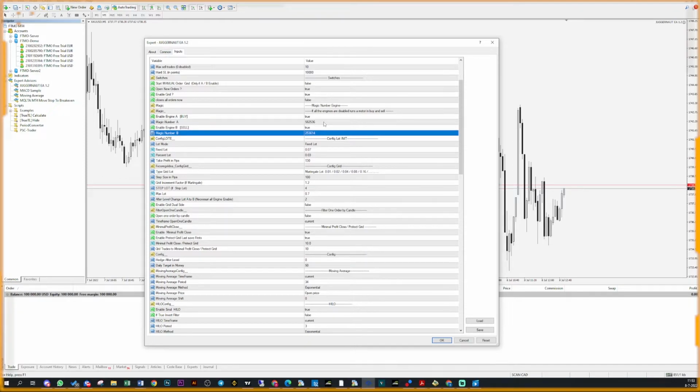Especially for prop trading firms like FTMO or My Forex Funds, it's very important that you change these numbers. Why? It's because we are a couple of guys using this EA, and if we're all using the same settings and the same magic number, FTMO and My Forex Funds will say, oh, but you are copy trading. We are not copy trading, we're just using the same EA with the same settings and the same magic number. So if you change this magic number, for example, to anything you'd like,